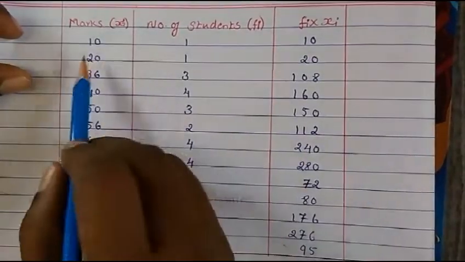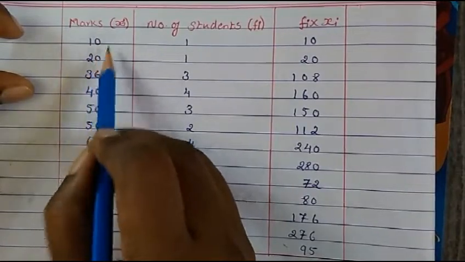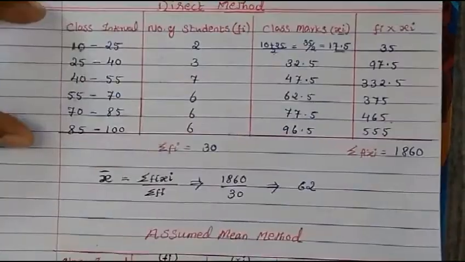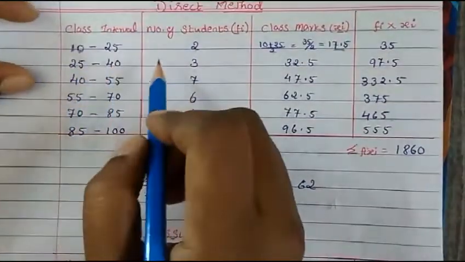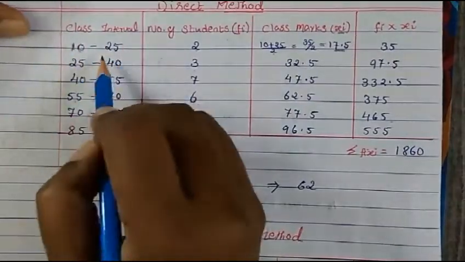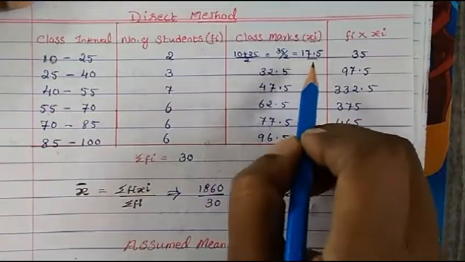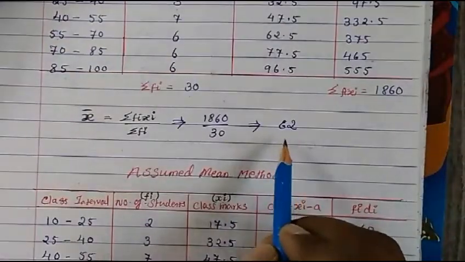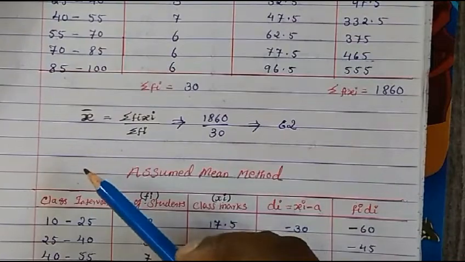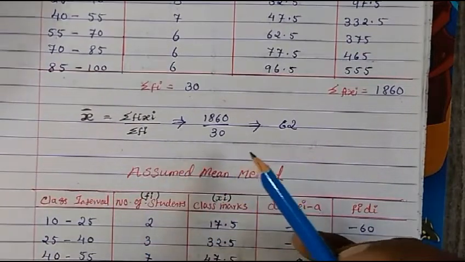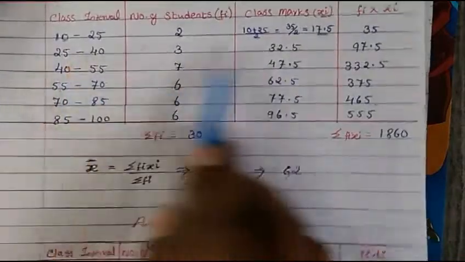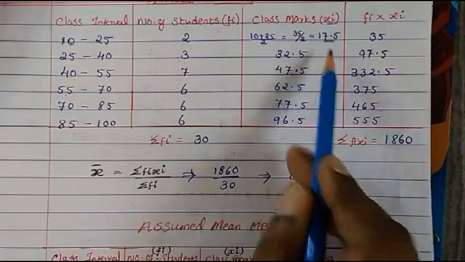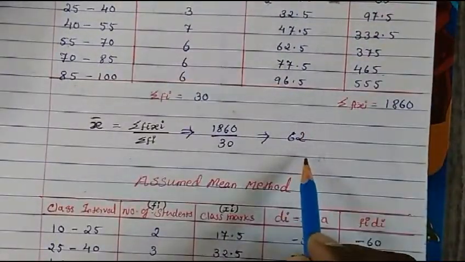See, here you take 10 plus 20 is 30. 30 when we divide by 2, we are getting 15. So average comes 15. But here 10 to 25, when you take the average, it becomes 17.5. So since we are taking the average, that is why this difference comes. You don't worry about this, because we are not doing the ungrouped data, we are doing grouped data. You have to follow this method only. There we do it exactly, but here we are taking the average. So that is why the difference comes. So don't worry about it.